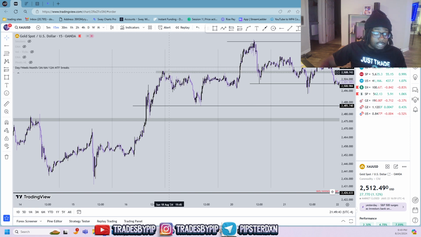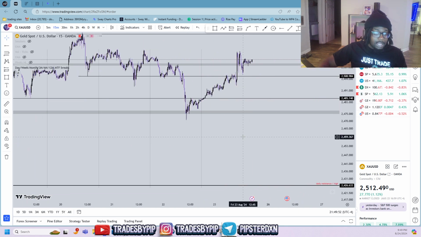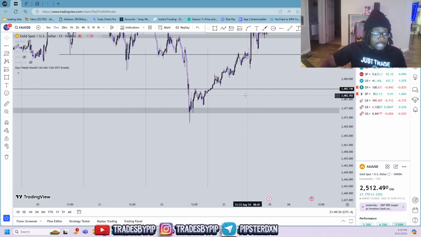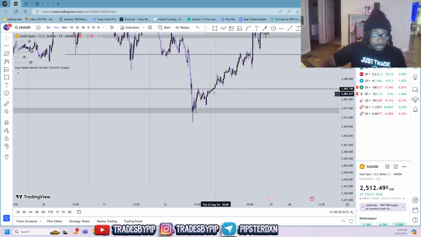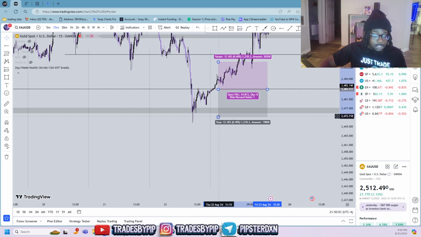So obviously 509, I already found my TP, and I already found a level of entry because I want to see price shooting through this key area and staying bullish. If price is doing that, now I've already found my stop loss once again, because I don't want to see price come under this level. So let's say I hopped in buys around here. Boom. Put my stop loss.